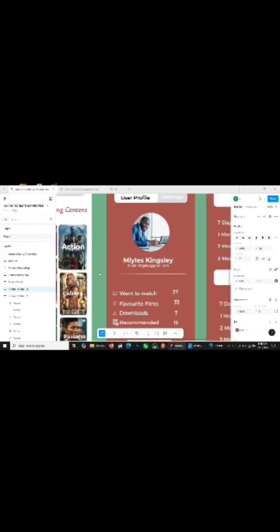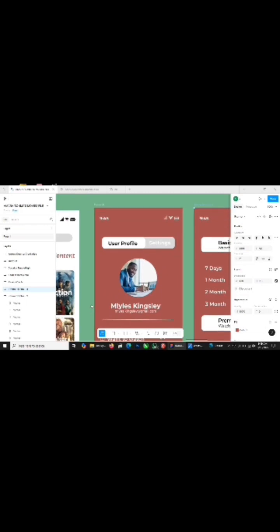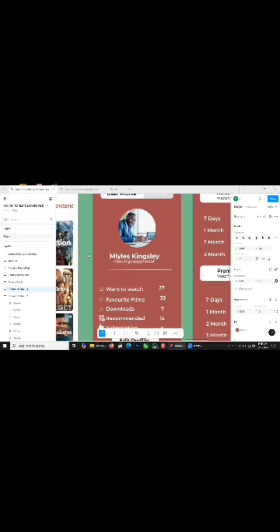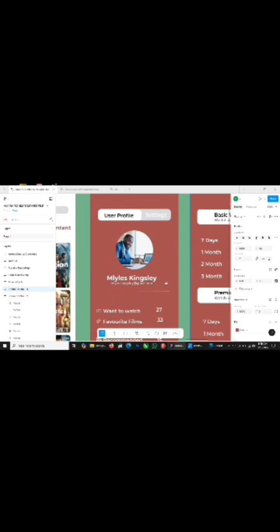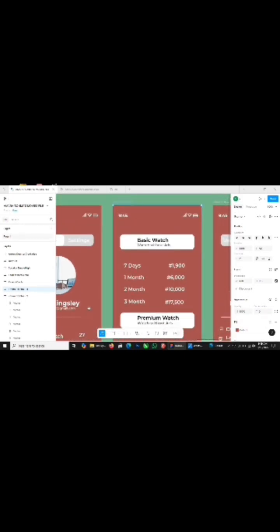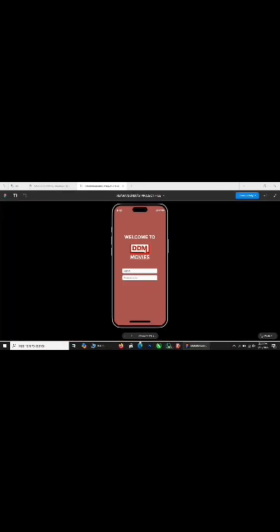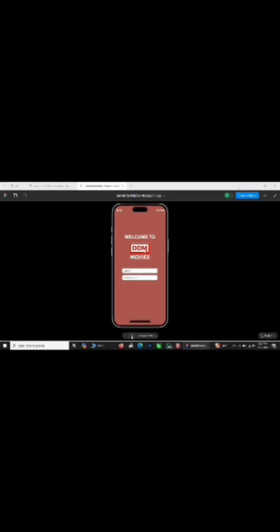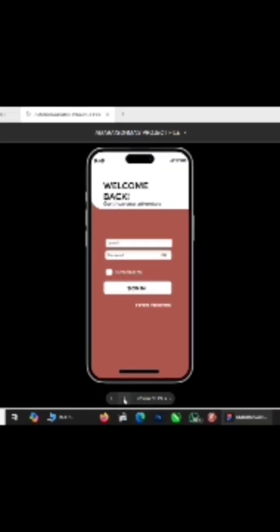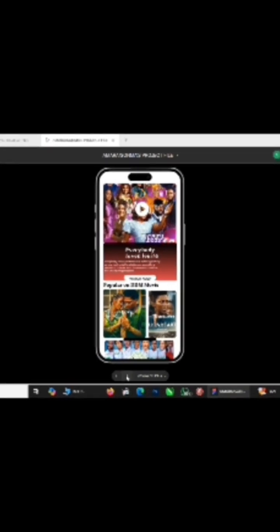Then we have the user profile, where we have the user's name, the want to watch, favorite film, download, subscription, edit profile, and everything else. Then this is the prototype, my prototype screen. Starting from the first screen to the second, the third, the choose what you like screen, the home screen,